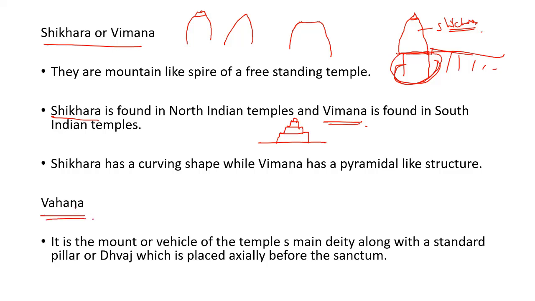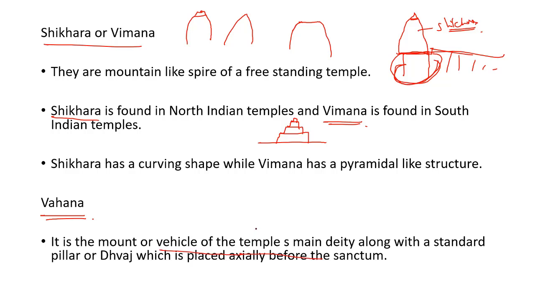What is Vahana? Just outside of the Garbhagraha, we can see that the deity's vehicle is there. Have you ever seen that? What do you call this? Nandi. Exactly, Nandi. Opposite to the Shiva sculpture, Nandi will be there, right? In the same way, exactly opposite to the Garbhagraha, the sculpture of the Vahana, or the vehicle of the temple's main deity, is present.